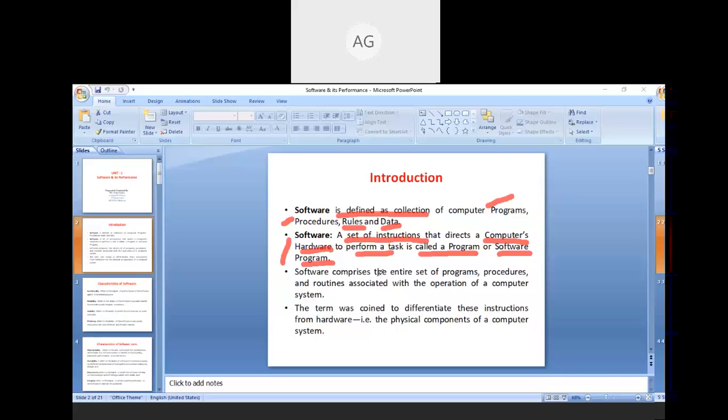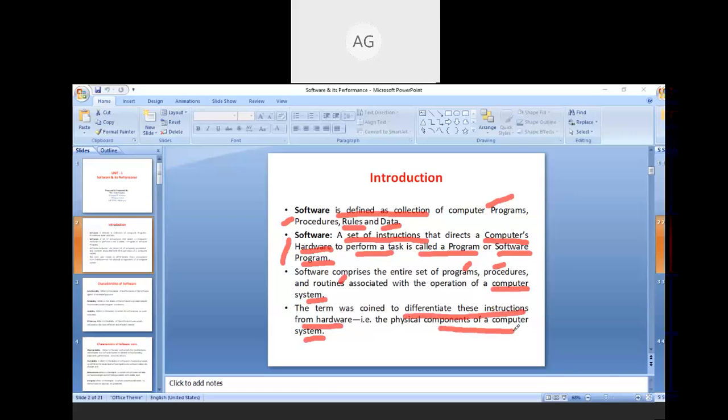So software comprises the entire set of programs, procedures, and routines associated with the operations of a computer system. So basically, the software must be dealt with the hardware, whether it can be your personal computer, desktop, or the laptop. So the term was coined to differentiate these instructions from hardware, that is the physical component of a computer system.